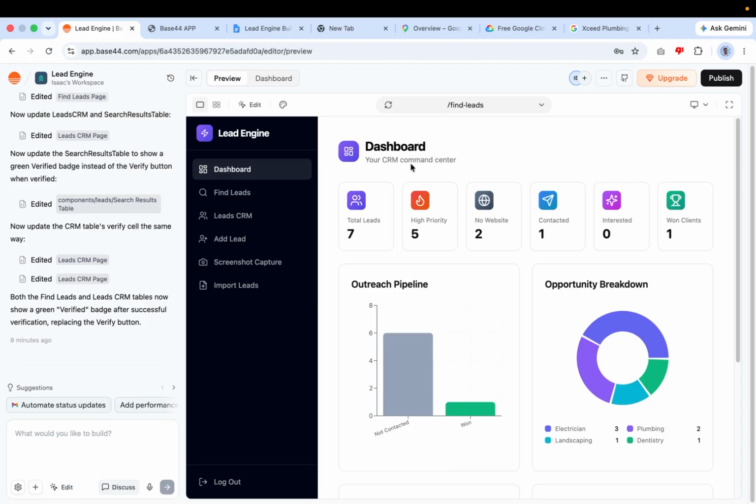So the final thing that I will just briefly show you guys how to do is if you wanted to change the UI. So maybe you didn't like this black here on the left, maybe you do like it and you'll keep it, but let's just say I wanted to change it a bit. So let's just say, can we change the UI of the app to be a more minimal white style design,